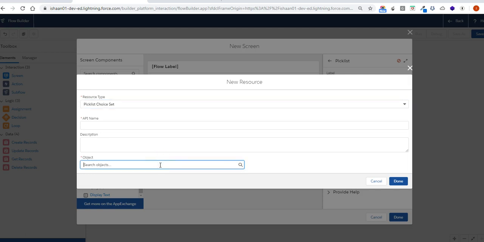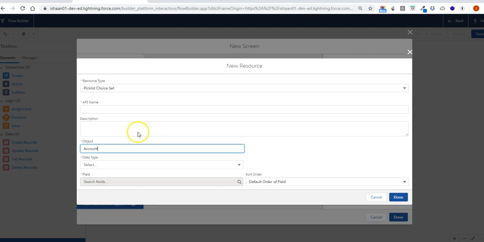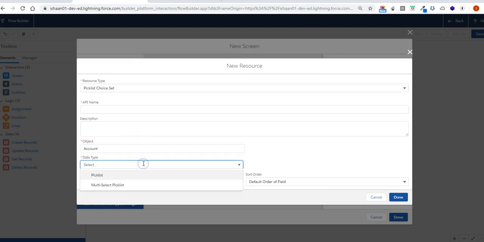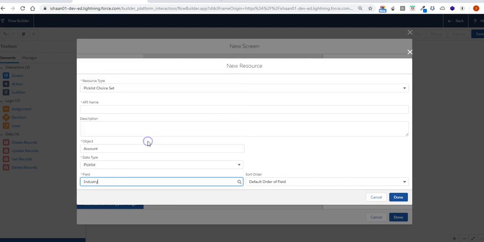If I see for account, do I have any pick list values? If I have any pick list value, it's going to show me in here. Rating, industry, ownership. These are all the pick list values. If we select industry,